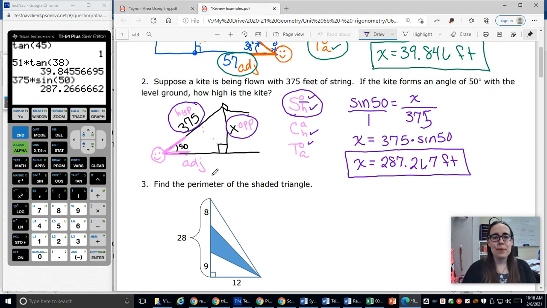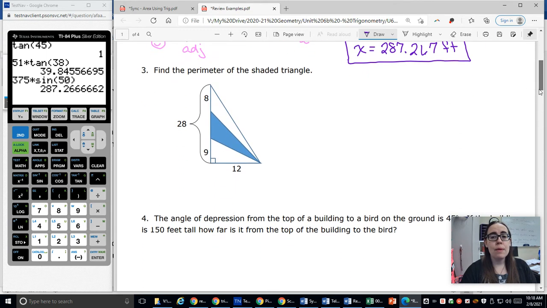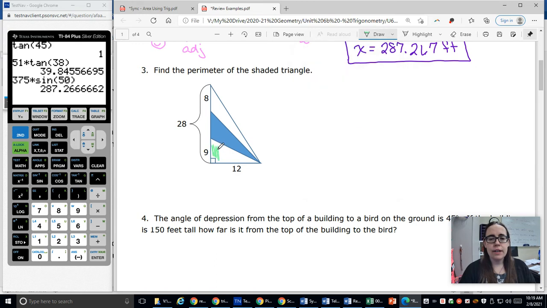Okay, let's go look at number 3. Find the perimeter of the shaded triangle. Notice I don't have any of my angles, which means I'm not going to be able to use trig on this problem. So I'm going to have to think back to Unit 6A or other things I know about triangles. But the first thing that I do see is I have this little triangle right here. And this little triangle I know is a right triangle where I have 2 of my sides and I'm missing 1,